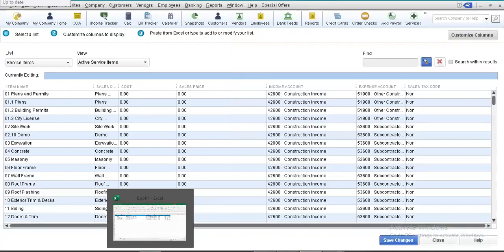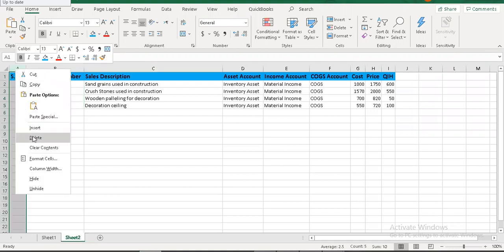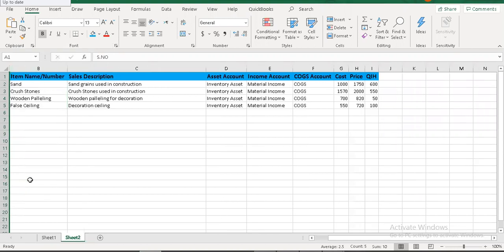And go to our Microsoft Excel in order to see how we can further change our QuickBooks dashboard according to this. Basically we are not interested in serial numbers, so we can simply hide this column. Now, my dear friends, we have item name and number, the sales description, the asset account, and the income account. We want the cost of goods sold account as well, and we are also interested in quantity on hand.